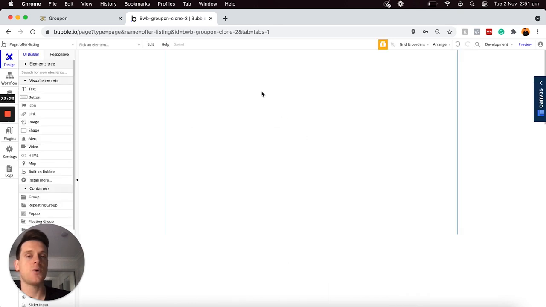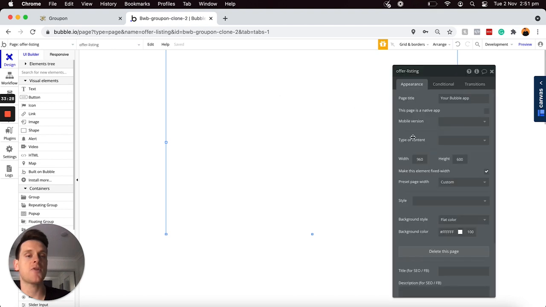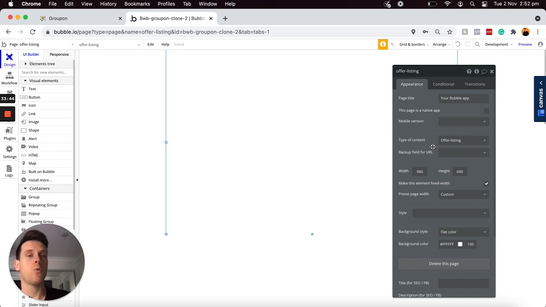And now at this point, the only change I'm going to make to this page is just update the type of content that's stored on this page. Because I'd like to display the information of a Groupon offer listing on this page, I'm just going to need to update the type of content to be an offer listing, which means in my workflow editor on the create listing page,